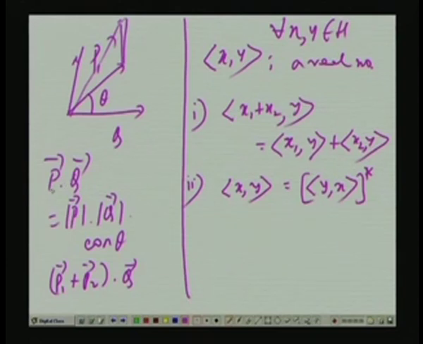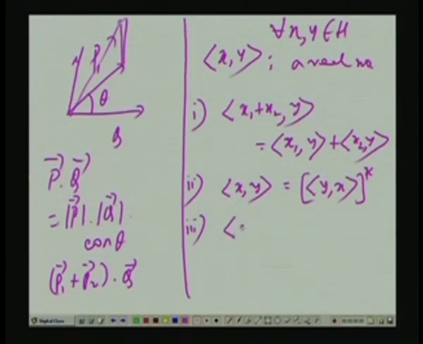For instance, p dot q and q dot p are the same, because in this case also we are getting real numbers. But when we are dealing with the complex valued case, the inner product of x comma y may not be a real number, it may be a complex number, then the conjugate of y comma x should be equal to x comma y. Number 3,